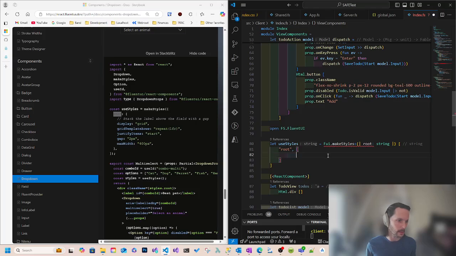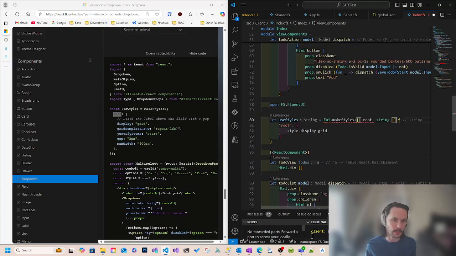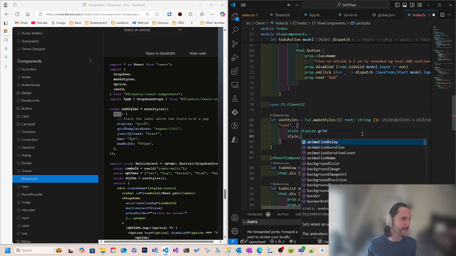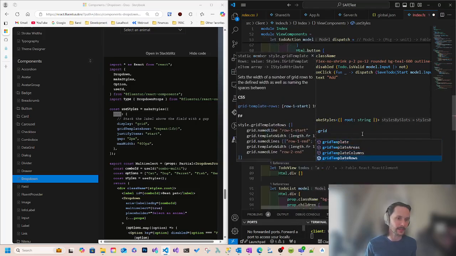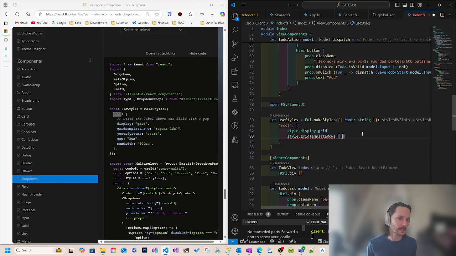Oh well, hopefully that'll clear up. So let's start with style.display grid. What is going on here? Oh, duh. All right, style.display grid, style.grid template rows length